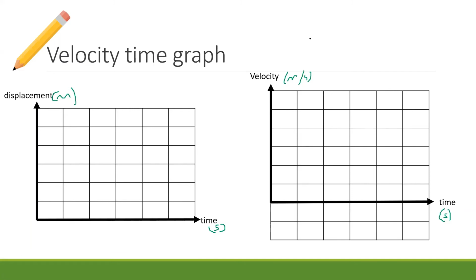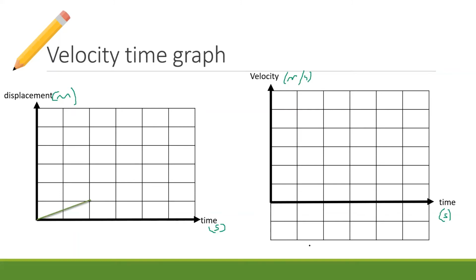Here we go. Now we're going to create a velocity time graph. A velocity time graph is going to look very different to a displacement time graph. In a displacement time graph, the higher the number, the further away you are. With a velocity time graph, the bigger the number, the faster you're traveling. We're going to construct this as we go, and we're going to have to do some maths here and there, so just be prepared. We're going to start with this guy.